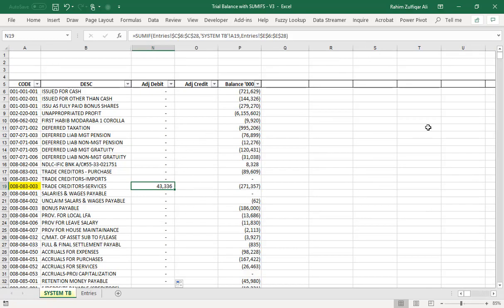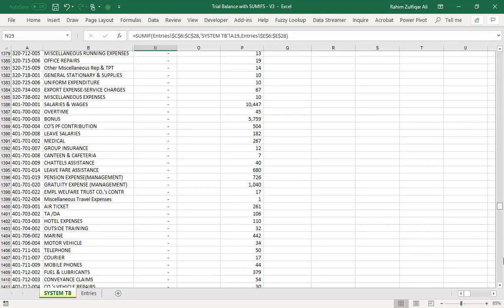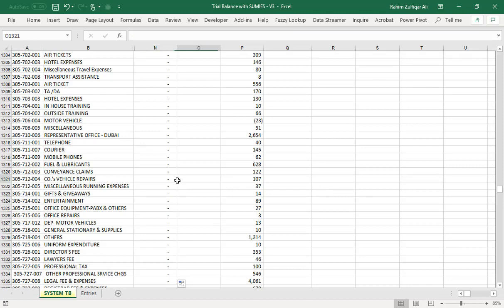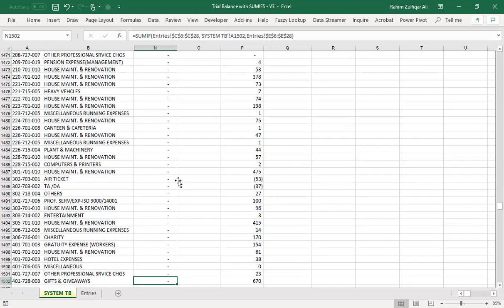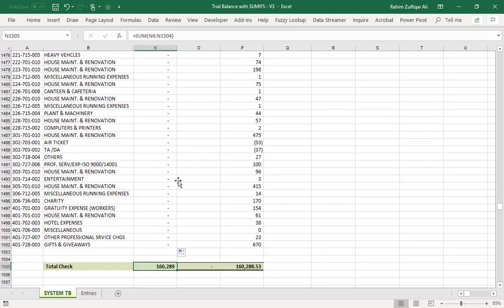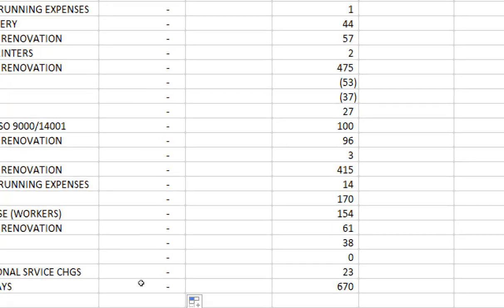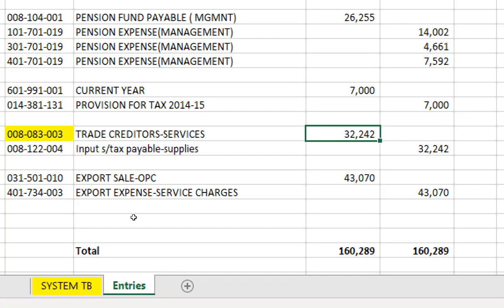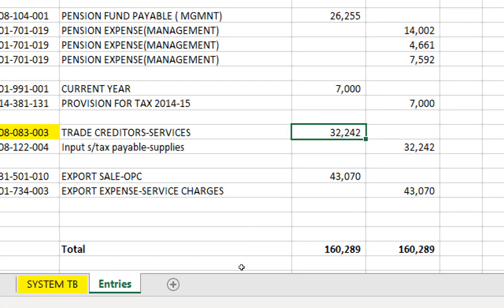So in this way we have filled the debit column, and you can see at the bottom of this trial balance we have got all the entries, and the total is 160,289, which we also have in this entry sheet.